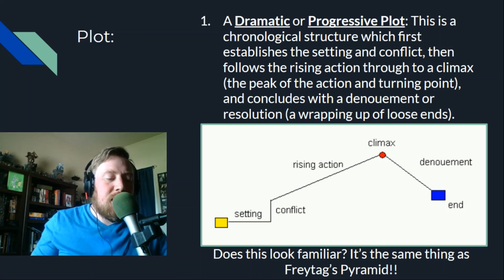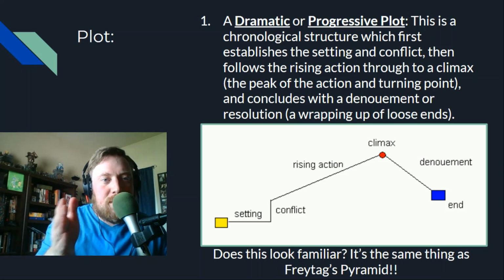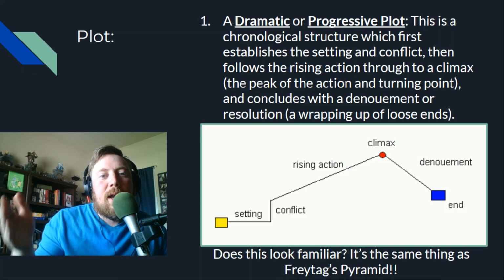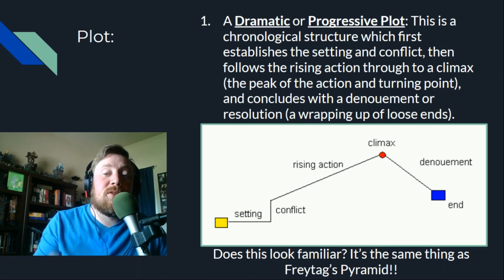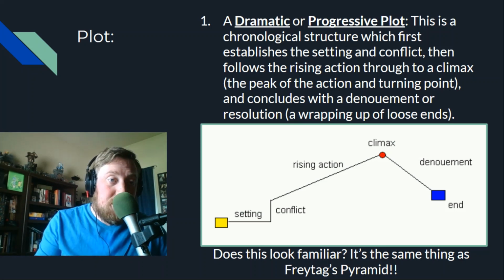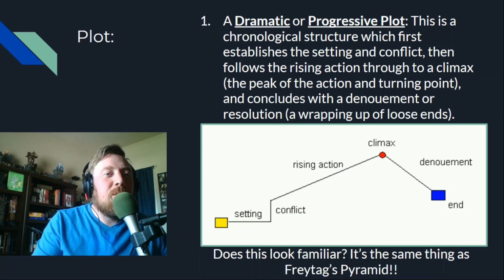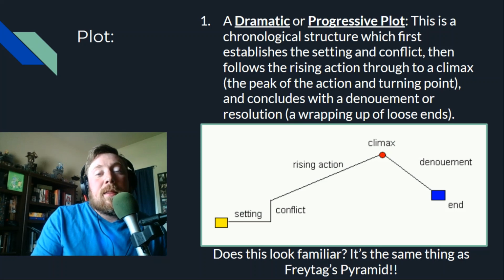Okay, as our understanding of plot has evolved beyond the 18th century German man Freytag, right? We've found more and different kinds of complex plots that go beyond just the dramatic or progressive, but this is probably the most common throughout all of literature, and a lot of things can really fit into this structure. We don't have to review all of that right now. Just go back to my explanation of Freytag's Pyramid if you want to go deeper into the dramatic or progressive plot. The next one